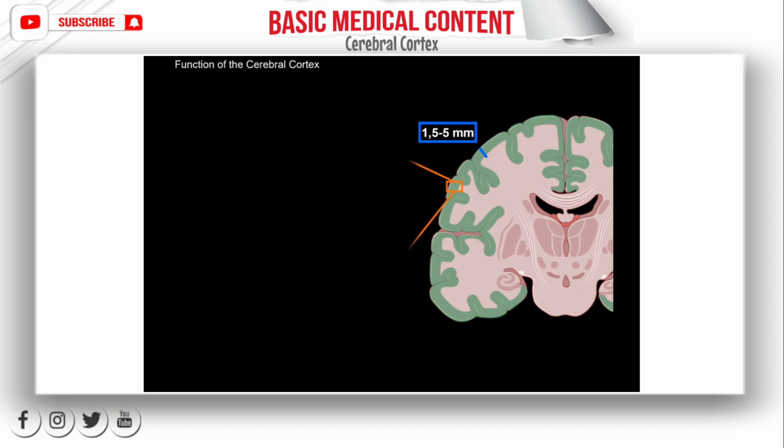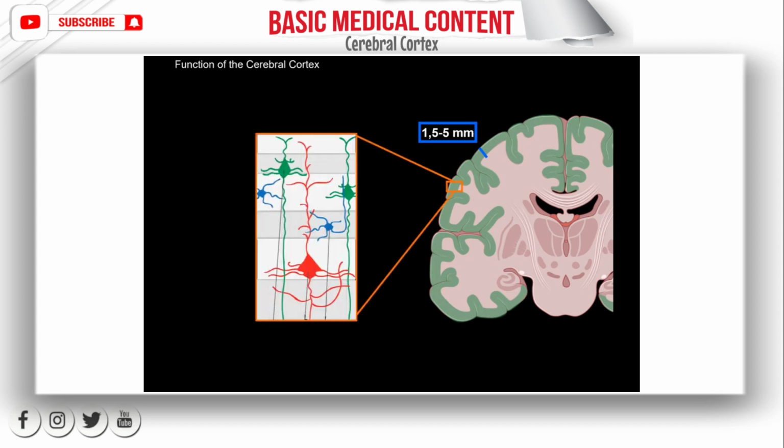So if you take a small sample of it and look at it underneath the microscope, you will see 6 distinct layers. The molecular layer being the most superficial one, then the external granular layer, external pyramidal, internal granular and internal pyramidal, and then the multiform layer. The thickness of the cortex varies because these layers differ in thickness depending on the functions of the specific area